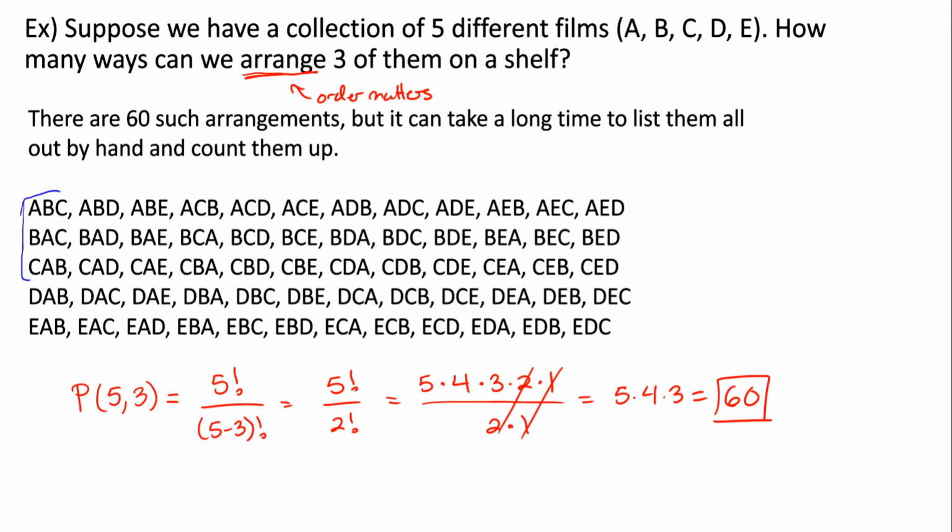So ABC, BAC, CAB, these ones that are circled in blue are all considered equivalent in a combination. Because in a combination, you just care about who's in what group. So for a combination, we just care that we have movies A, B, and C in the group. If we're talking about a permutation, these 6 things are all different arrangements because you care about the order. When you just care about what's in the group and not what the arrangement is, you're going to have fewer